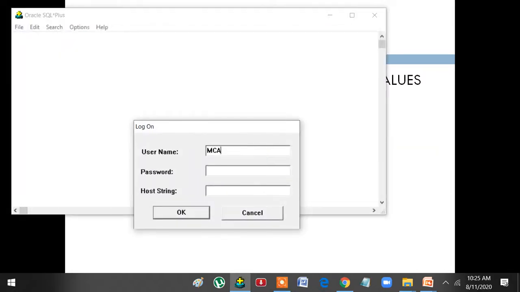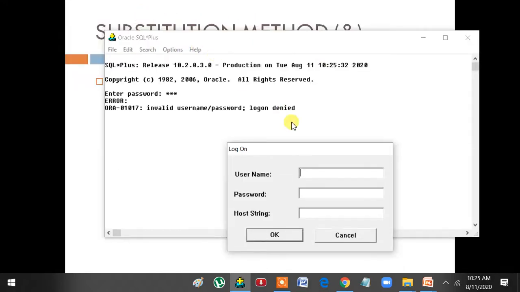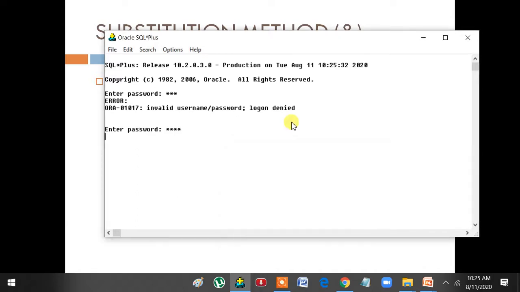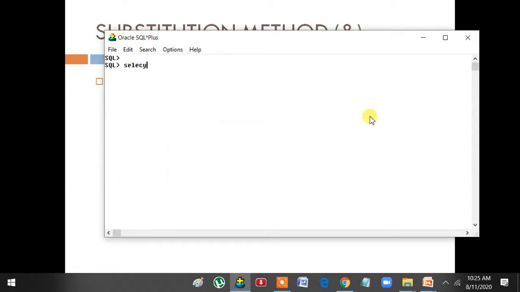Let me log in with the same user MCA 2020. Connected. Select star from tab.